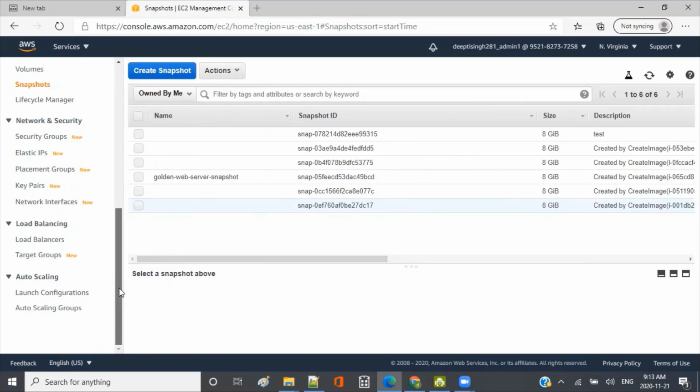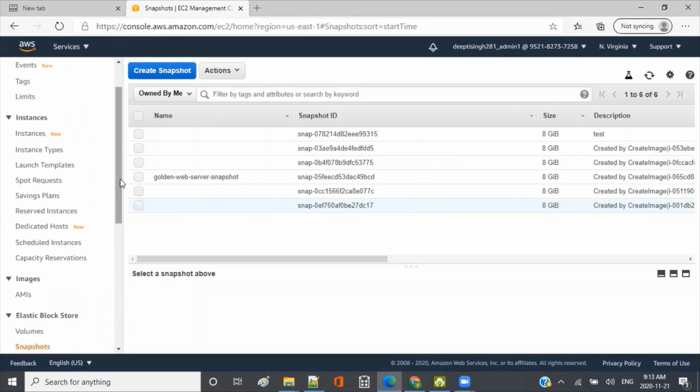Now what you will do, like I said, you need it for auto scaling. All of this we are doing because when you create an auto scaling group, you need a launch template for that, right? So basically, my idea is to get the launch template. Okay, so I go to the launch template.